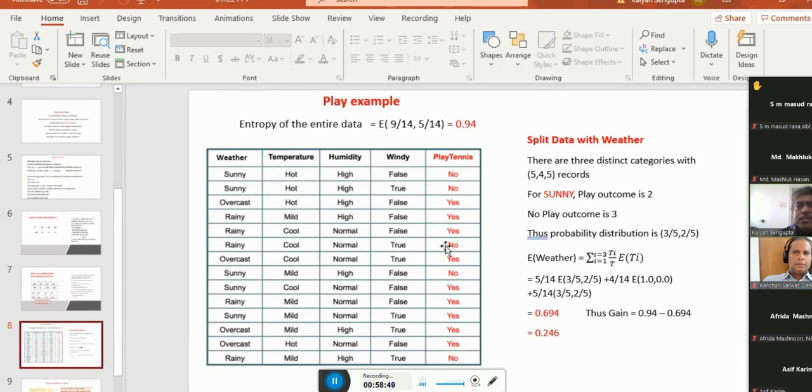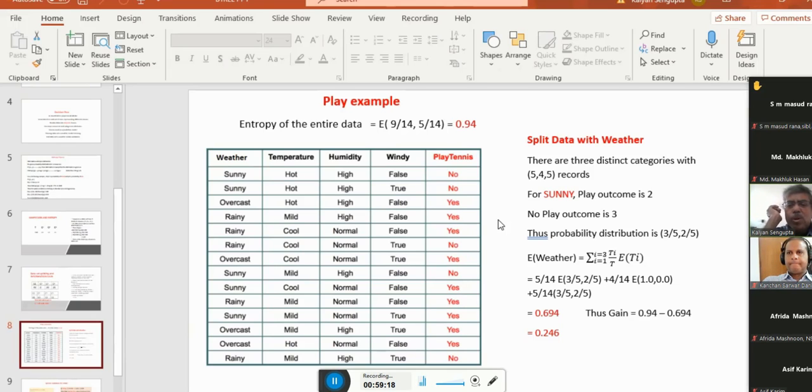And you can see that the objective is that the data is always very heterogeneous, because if you look at the outcome, there are no and yes, okay? And if you see in this small example, there are 14 situations, okay?